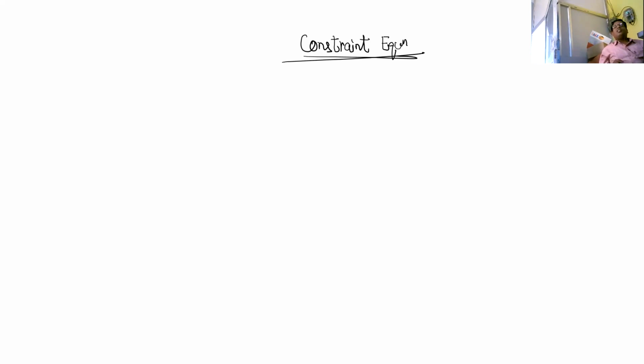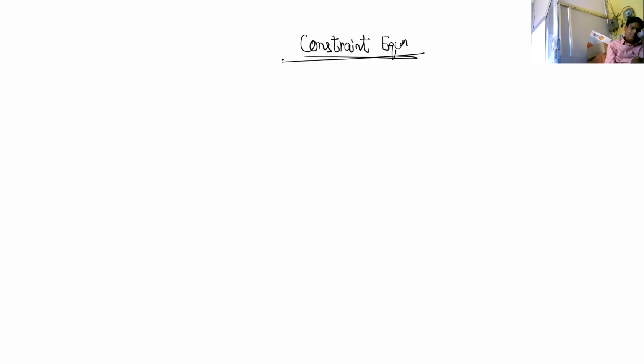Constraint equation means in most of the cases, the blocks and the pulleys which are connected to each other are not moving independently because they're connected by a rope, or because one is over the other, or one is on the right side of the other, so they're touching each other. Unless one block moves, the other block cannot move. So their motions are not independent; they're dependent. They are related because they are connected by either a rope or they are touching each other. So there is some relationship between their velocity, their acceleration, and their displacement. Those relations are called constraint equations or constraint relations. So those things are required.